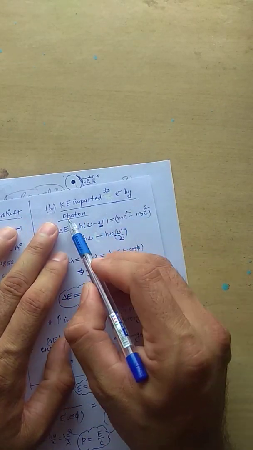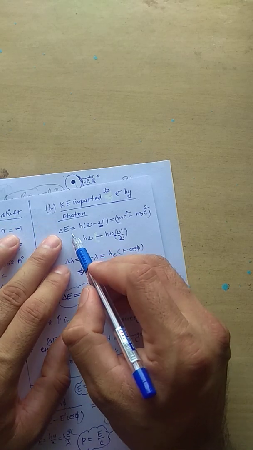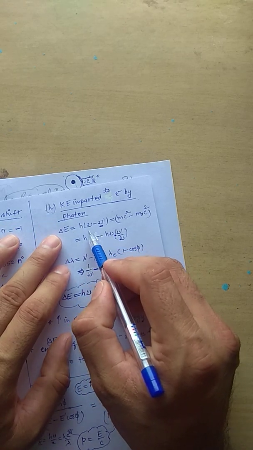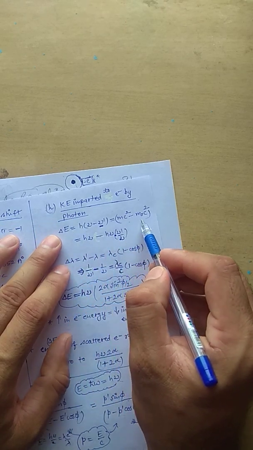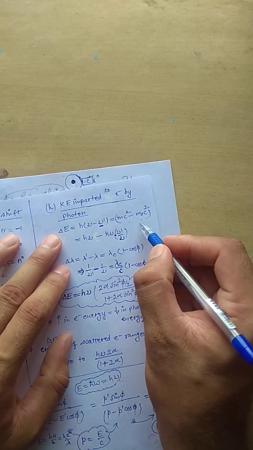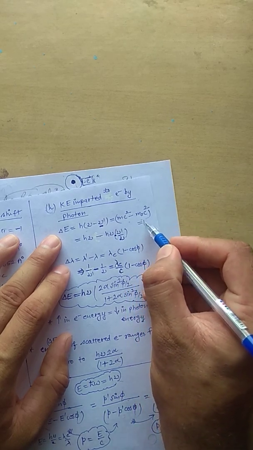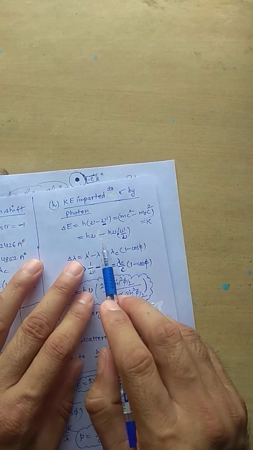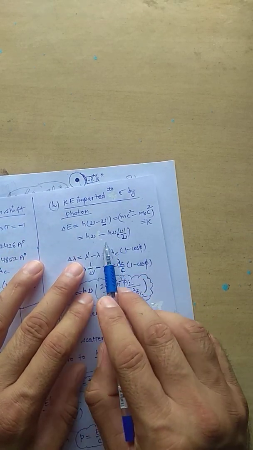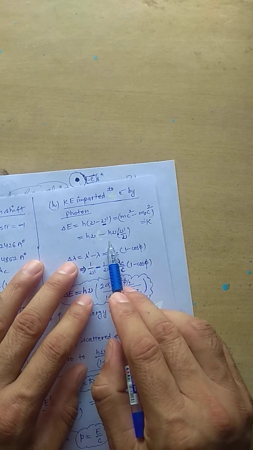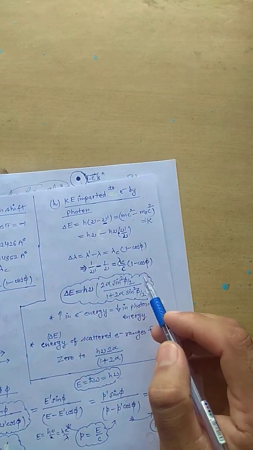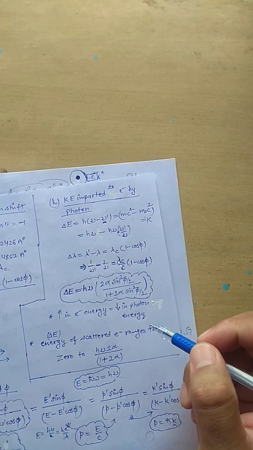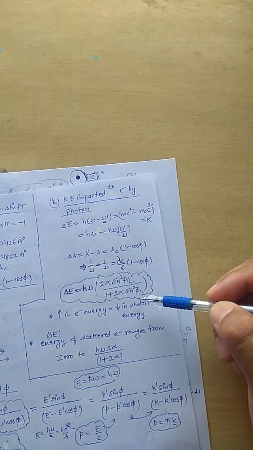And now we will see the kinetic energy imparted to the electron by the photon. Okay, so I have told you that the decrease in the energy of the photon is equal to the increase in energy of the electron, and this is what kinetic energy is. Clear? So this can be found in terms of frequency, okay, theta, phi, जो भी आप लिखना चाहें। ठीक है,